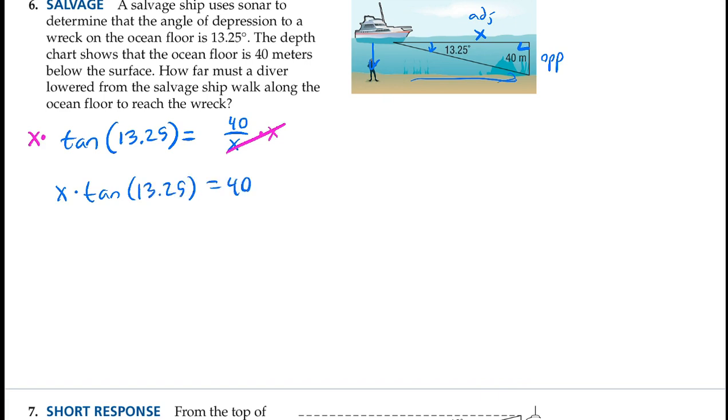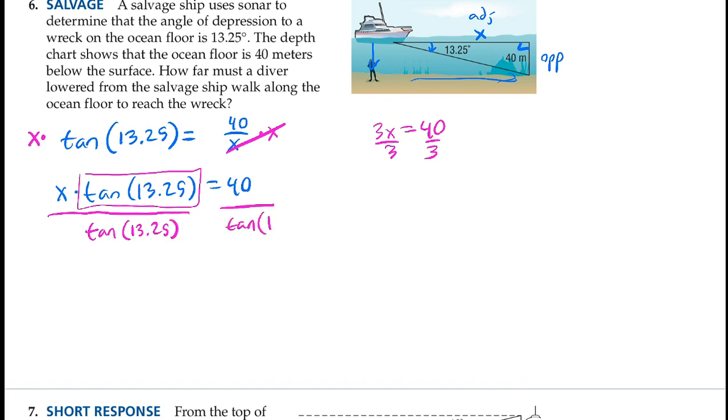And then I'm just going to divide both sides by that tan, because remember, the tangent of 13.25 is just a number, so this is really just like 3x equals 40. We just divide by that number on both sides, same thing. So we're saying divide by that number, tangent of 13.25 on both sides. And so we get that x is exactly equal to 40 divided by the tan of 13.25, or that's approximately